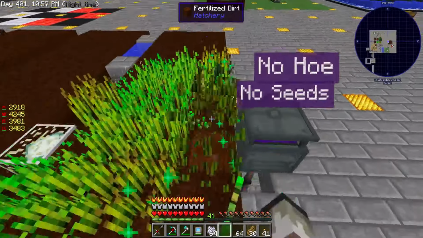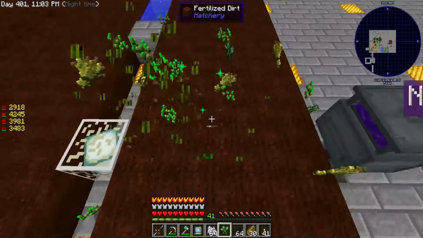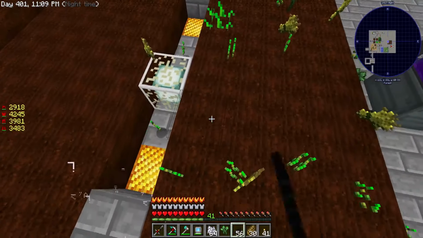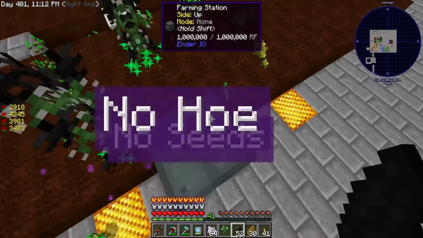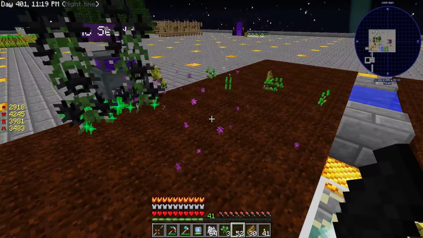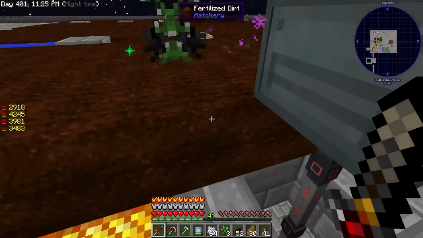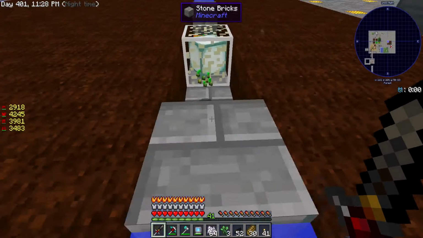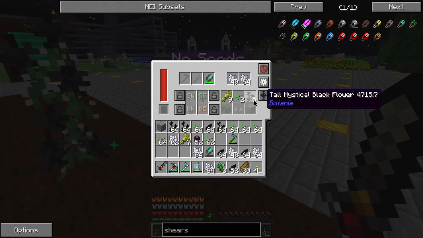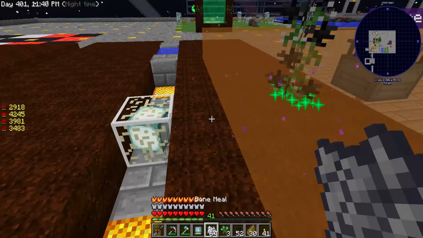I'm being wasteful, I know. What about if these were planted next to you, buddy? Will you do something about those? Or are you just gonna kind of leave them? Okay, that's a good sign. It does harvest them. It doesn't plant them for some weird reason, but it harvests them. So it's a semi-automatic thing. That's weird, though. Why would it not...